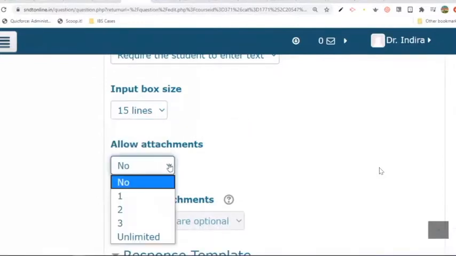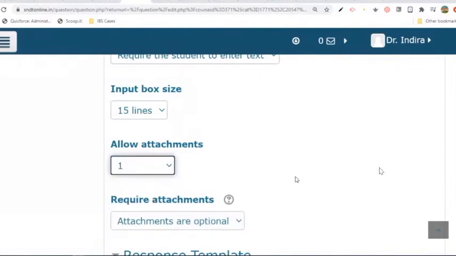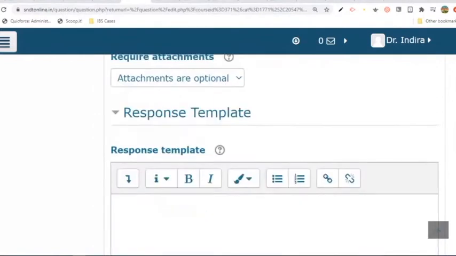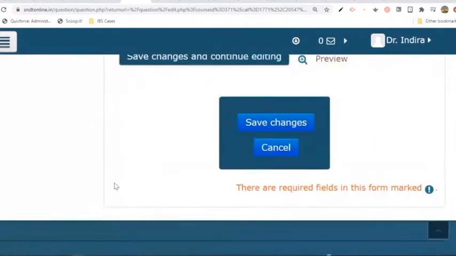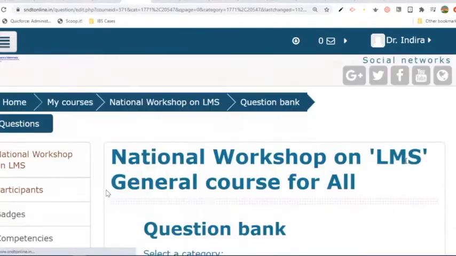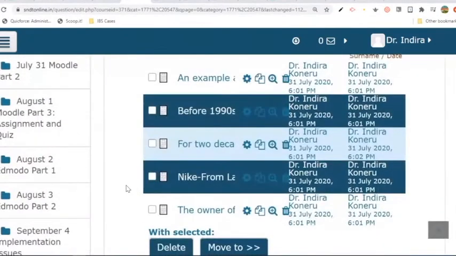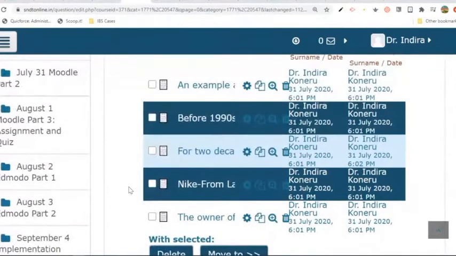And here what we do, just one. So that students can either type in on their MS Word document and submit, analyze the case, or if they want to say for example any quantitative methods questions and all, they can write on a paper if they are not comfortable with typing in all this formula and all, if they are not good at LaTeX at all. So for that we can edit that particular question and save changes. So where is that question? Which question that it changed? This one?